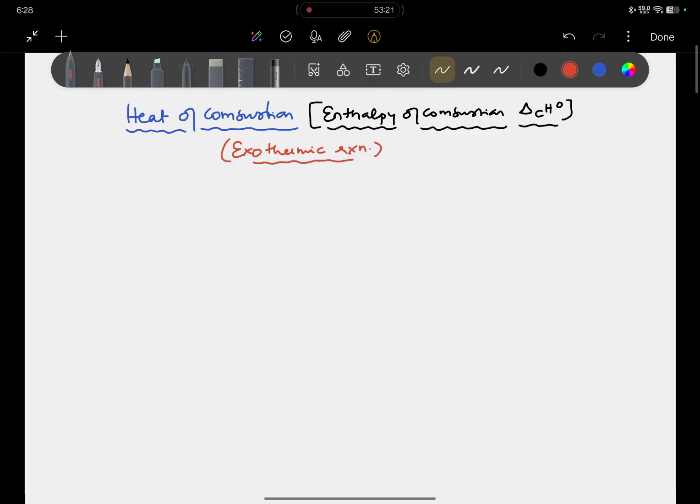What do you mean by exothermic reaction? Heat is liberated out. For example, you take methane plus 2O2 gas. It gives you carbon dioxide gas plus 2H2O liquid. So the enthalpy of combustion is equal to minus